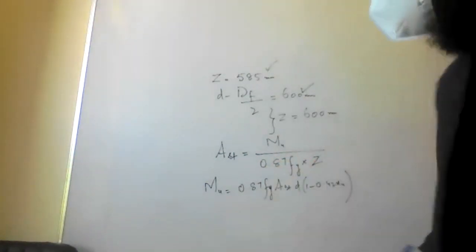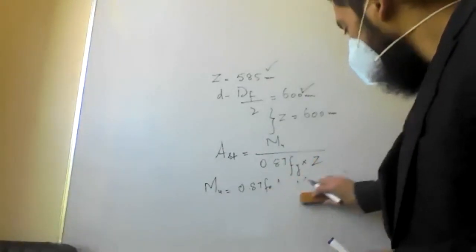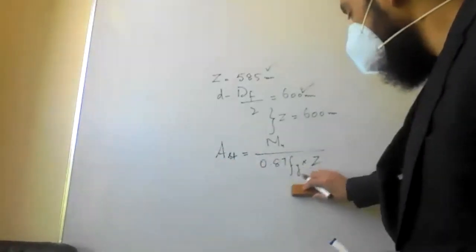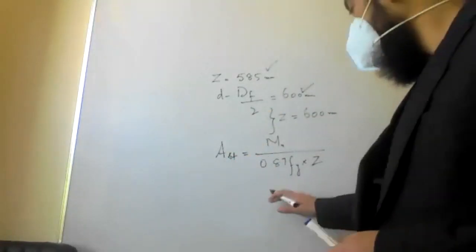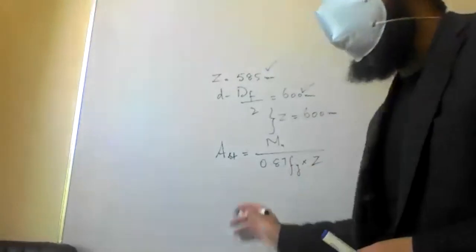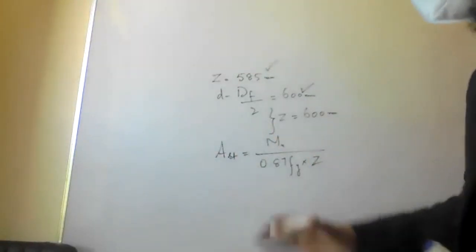An equation something like this is given to you in the code. Now, the other portion, d minus 0.42 xu, is the Z value, which has been calculated for a rectangular section. But for a